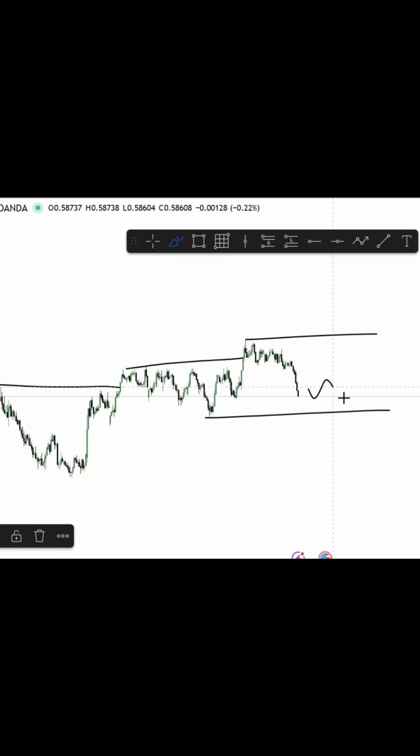What I'd want to see is some nice clear structure forming where I can then look to capitalize on the upside move. But in these markets, you've got to stay very patient. We're seeing a big risk off push at the moment, so money is flowing quite heavily into the dollar. Once we see the confirmation on the dollar and that it's ready to short, we can then look for these setups like AU and NU longs.